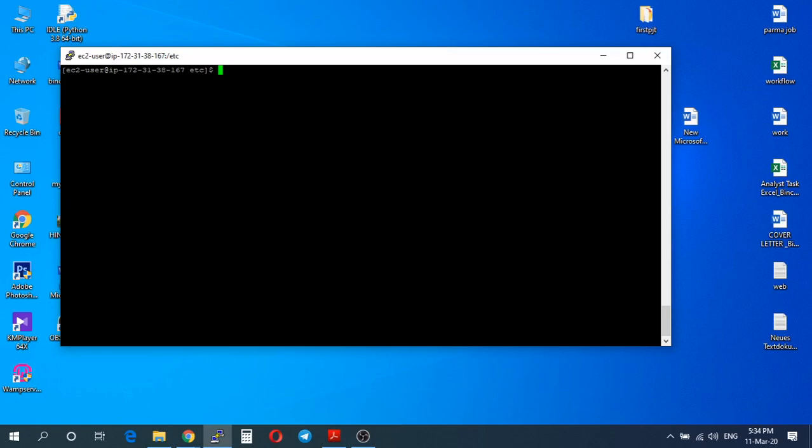Today we are going to see some system information commands. First, whoami. We can see who is logged in: ec2-user is logged in. And then the next command is